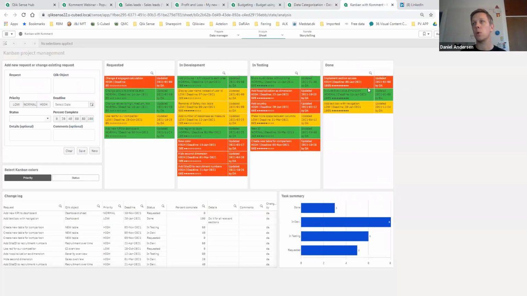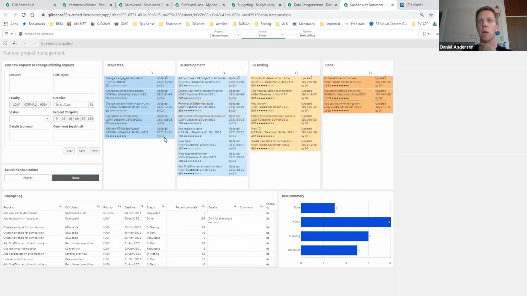The last one I will show you is the planning tool, you can say, that you can use here. So a Kanban way of doing project management. It probably won't be the most effective tool if you have hundreds of projects. But in terms of developing a ClickSense app, you could add this as an additional sheet to your app,